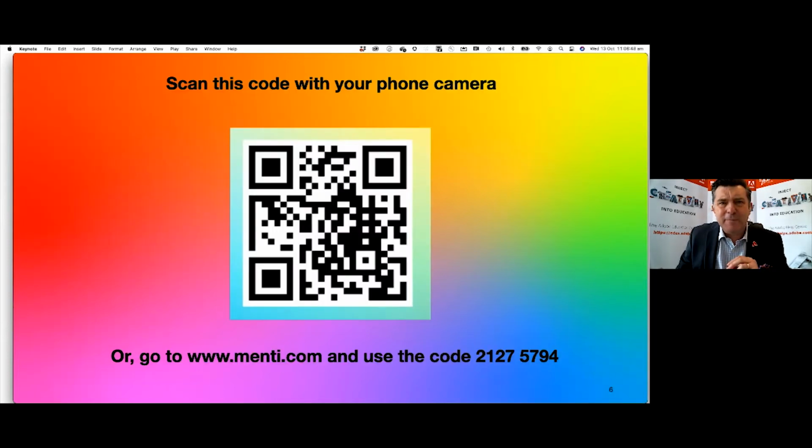Now, I want to find out a bit about you. So I want you to scan this code. This isn't the prize code just yet. We'll do that a little bit later. But I want you to scan this code with your phone or your tablet device, and I want to find out your responses to a few range statements. They'll come up on your phone in a minute, and I'll bring the results across into the shared screen as soon as we get a few people putting in their responses.